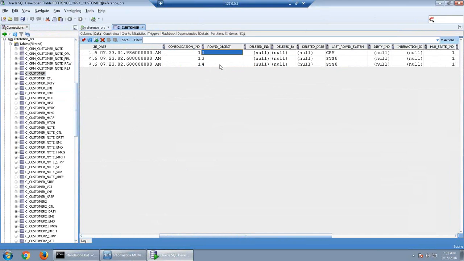Just trying to explain the same thing again: if you load 2 records, 1 and 2, and MDM finds that both are duplicates, 1 can get merged into 2, or 2 can get merged into 1. Both scenarios are possible. So if 1 gets merged into 2, 1 will be removed from the base object. If 2 gets merged into 1, 2 will get removed from the base object.